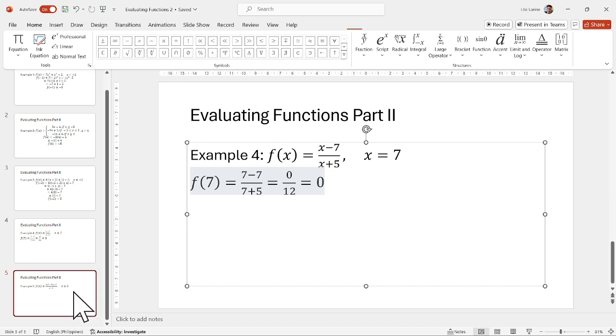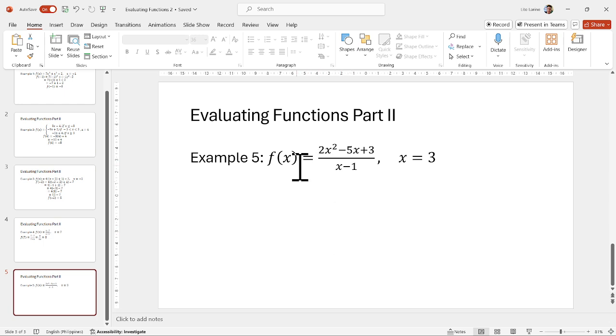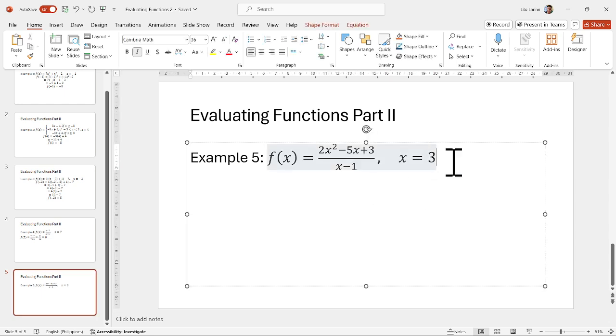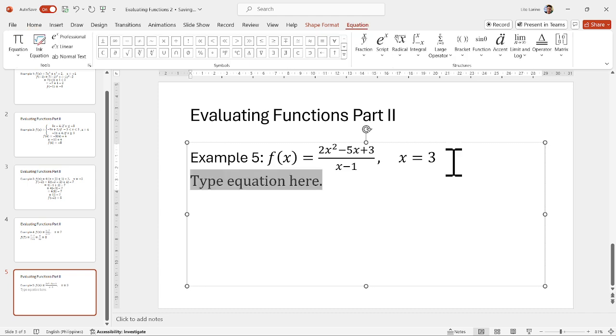And let's have another example of evaluating rational functions. In this case, we have f of x is equal to 2x squared minus 5x plus 3 all over x minus 1 when x is equal to 3. We will be doing the same process again. That is, f of 3 is equal to,